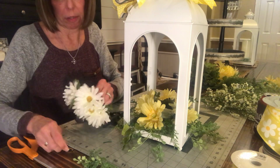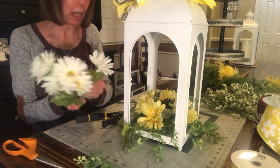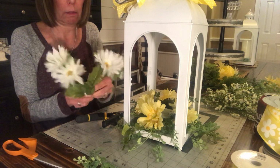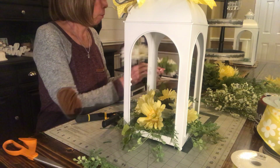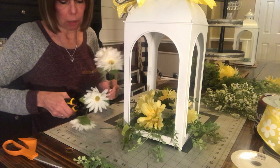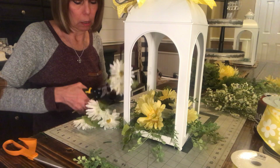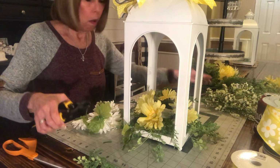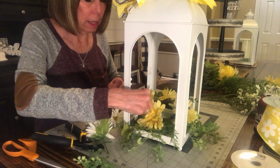If I can get this tag off of here. Okay. Finally. Okay, and again, I want to keep probably the leaves with the flowers because it just helps cover that up. Oop, I must have used one of these already. Okay, so I'm going to cut some of these and I'm not going to need them very long. I'm just going to cut them all. And then we're going to start adding these